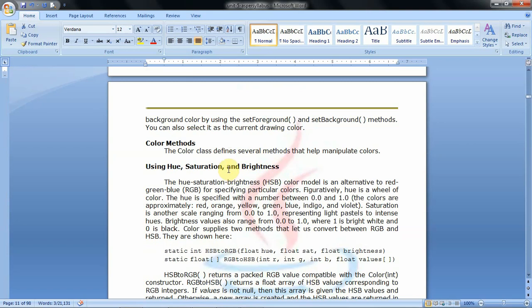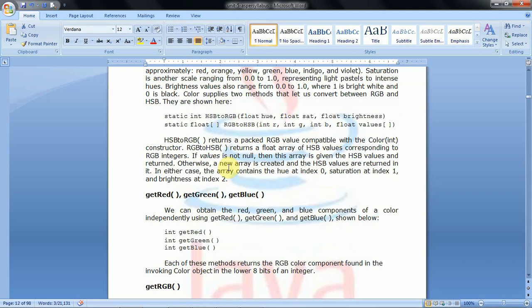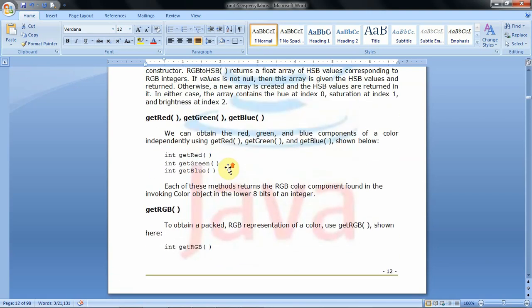Then we will see some methods of the Color class. Suppose in a particular color you want to know how much red contribution there is; for that we have the method getRed, which returns the red contribution in that color.